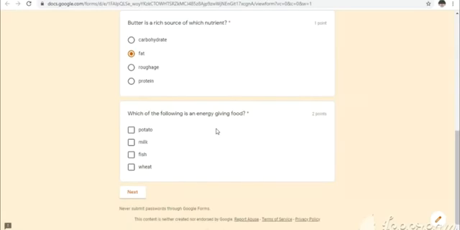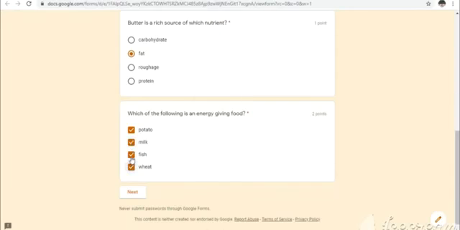Which of the following is an energy giving food? You can see the box symbol. This is a checkbox, a multiple choice question. Obviously as the mark is 2, the student has to think of the 2 answers to be ticked. Anything can be ticked here, even 3, that depends on the student.